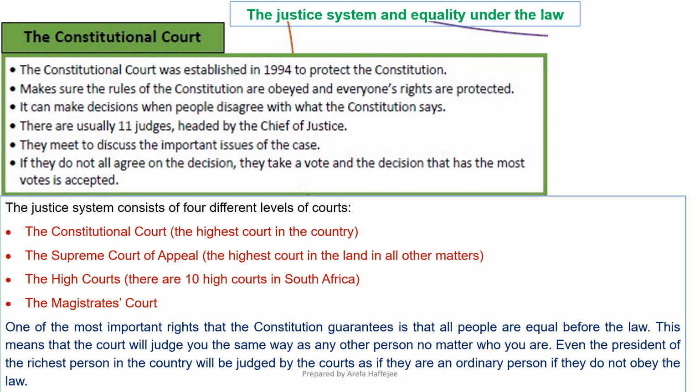One of the most important rights that the Constitution guarantees is that all people are equal before the law. This means that the court will judge you the same no matter who you are or where you come from. Even the president or the richest person of the country has to obey the rules of the court, and they are regarded as an ordinary person if they had to go to